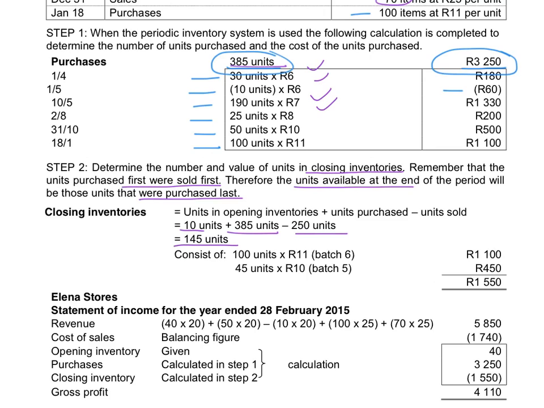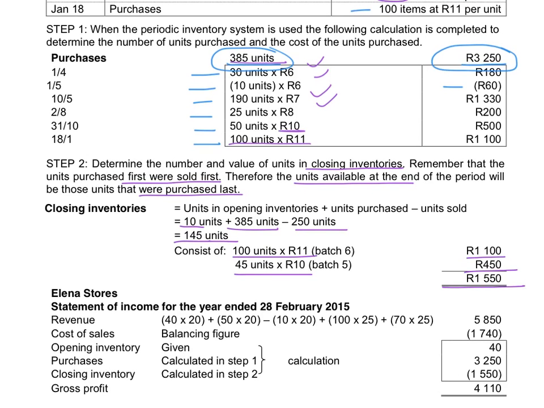Now, we've sold all those opening balances that we had, and everything we bought at the beginning of the year. Because all the old stock is sold, the ones that will definitely be left over are the last units that I bought. So that is 100 units at 1,100. I've got 145 units left over, so from this batch, I've got 45 units left over because the total must be 145. So from the second last batch, we've got 45 units that we paid 10 Rand for, and that gives me 450. So the total value of my closing inventory will therefore be